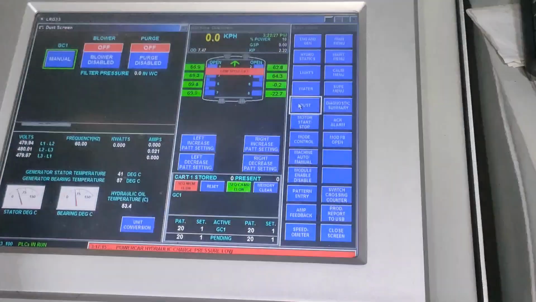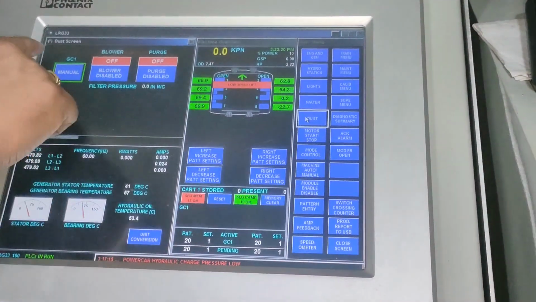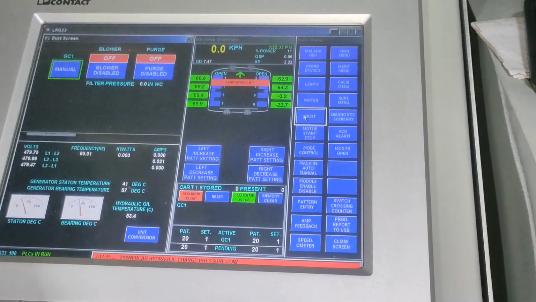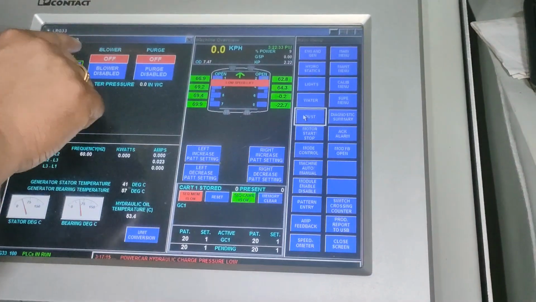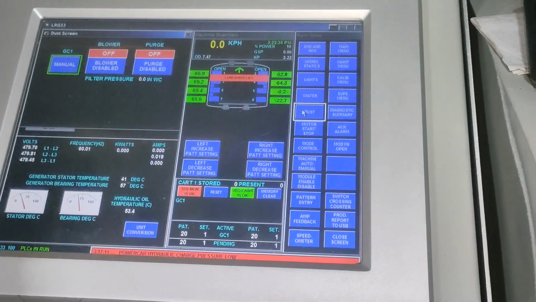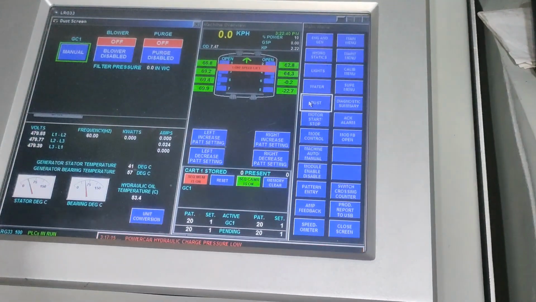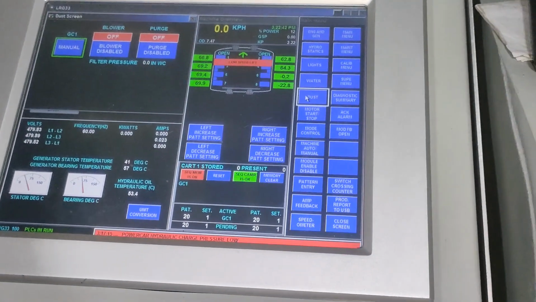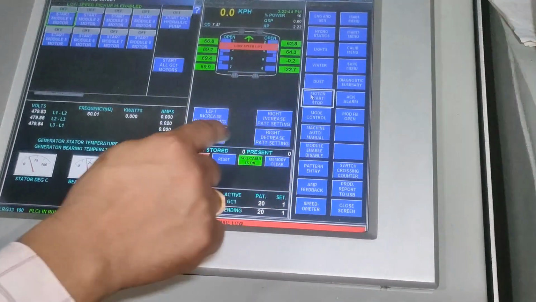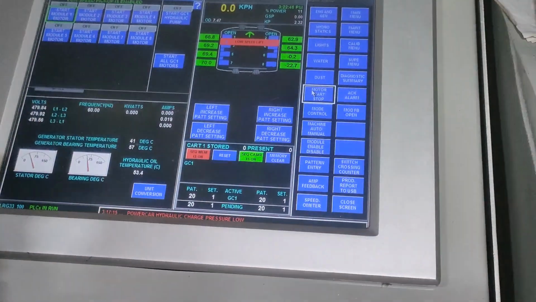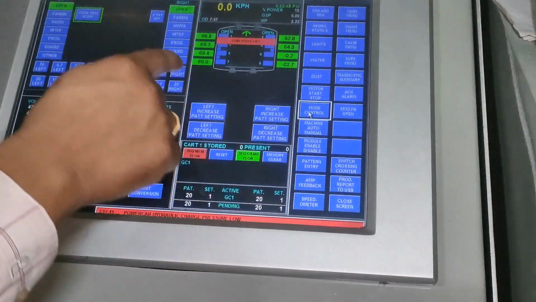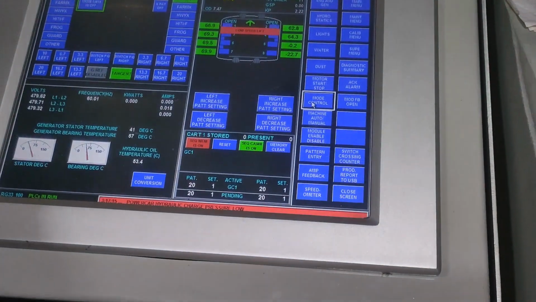This is screen for the dust system. So manual is for the maintenance and auto is when we are doing the grinding. And then you put the blower in on position, it will start the suction, right? And then there is a purging. Purging also I'll tell you when I talk about the dust system in the class, right? Similarly, motor start stop, already I've told you in the class, right? Mode control is there. This I will be teaching in the class.